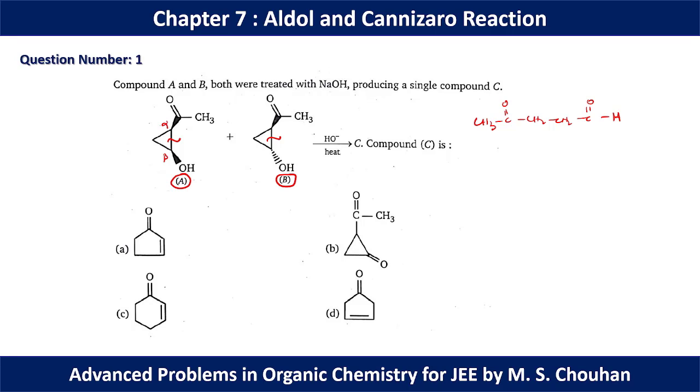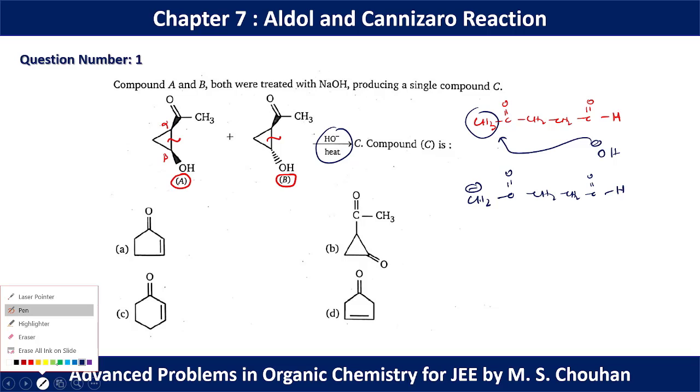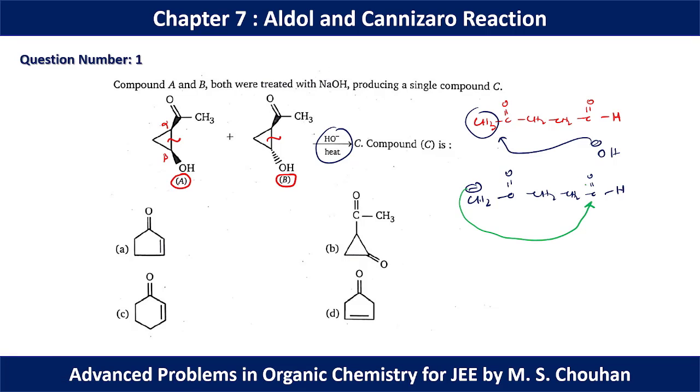After that we need to form the final product, so we can form the negative charge in this position and approach this position to have a 5-member ring. We have a basic medium, so this alpha hydrogen can be abstracted by OH minus, and we will get CH2 minus C double bond O CH2 CH2 this. Now this minus can approach this carbon and finally heat is given, so the alpha beta unsaturated product is going to be formed. So the final product is going to be this one. Okay, so option A should be the correct option.